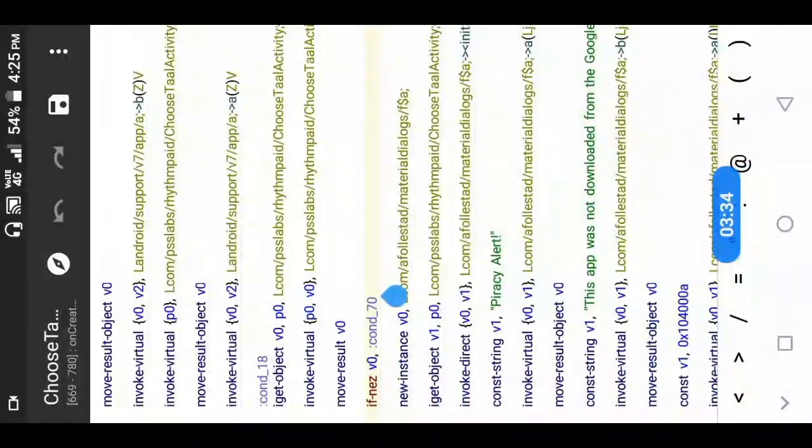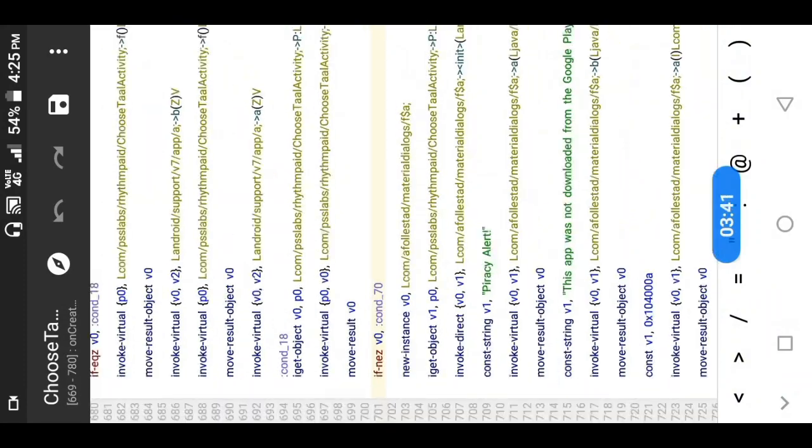This v0 is checked here, whether it is equal to 0 or not. When it is not equal to 0, then condition 70 will be executed. So we can make this v0 as 1 so that it is not equal to 0 and condition 70 runs.